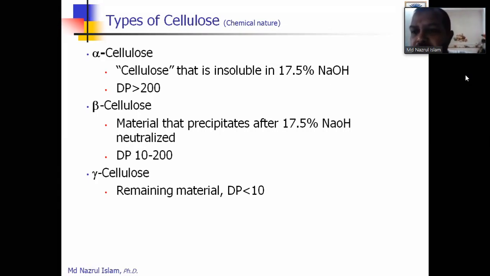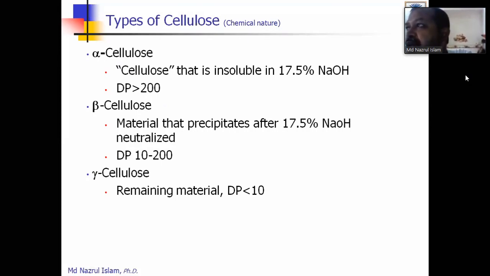That may not be exactly true, but we are thinking that we are getting only 7 grams. So 3 gram we have lost. That 7 gram we will say is the alpha cellulose. And definitely the solution is alkaline, because we are adding the sodium hydroxide. So you just remove that 7 gram, which we are saying is alpha cellulose. When that 7 gram is removed, you still have the solution, and that is alkaline.